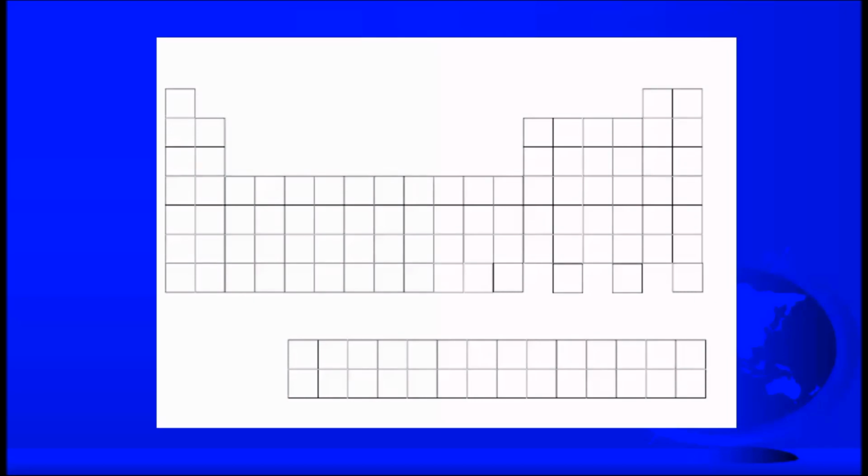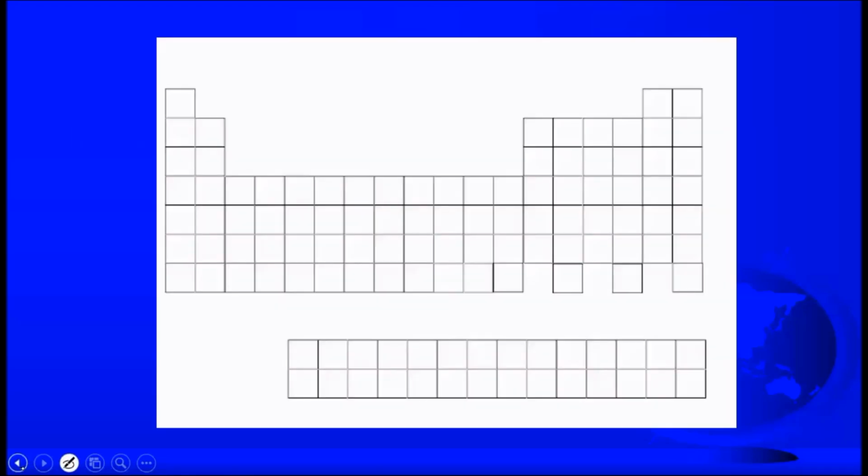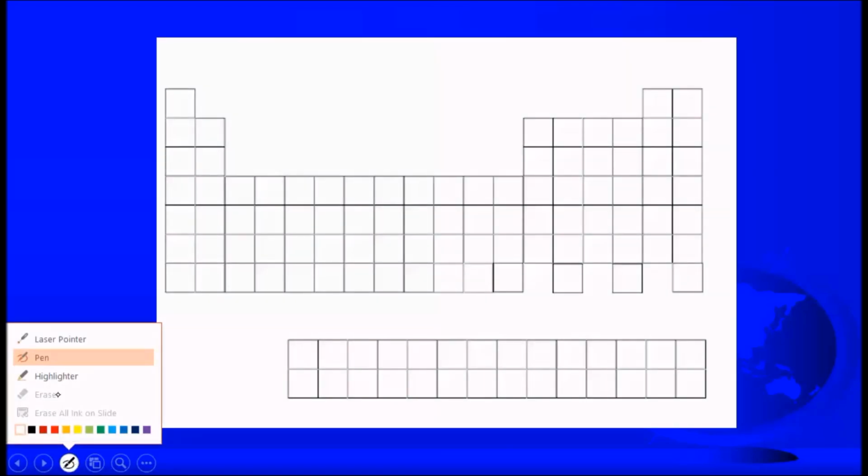Take out your periodic tables. Oh, I forgot to tell you, every day in chemistry you should have two things out: periodic table and calculator. All right. Don't write anything until I tell you, but notice that there is, on the periodic table, a section